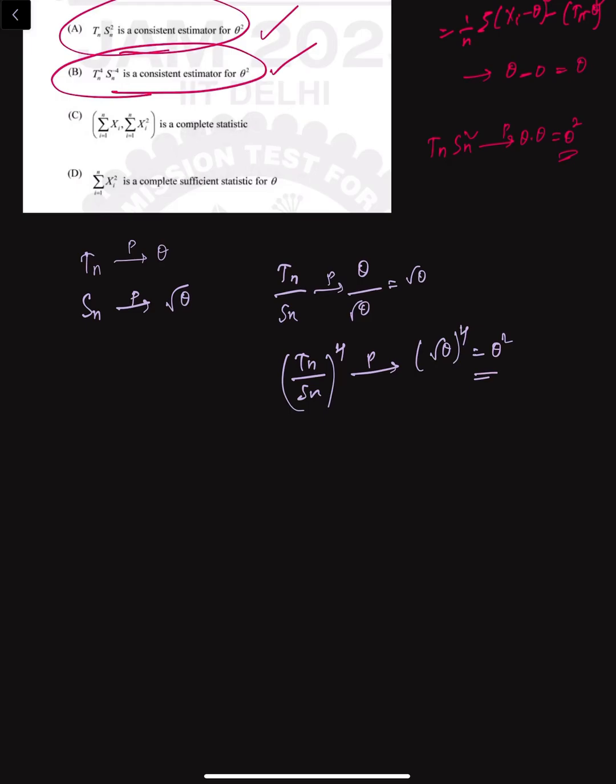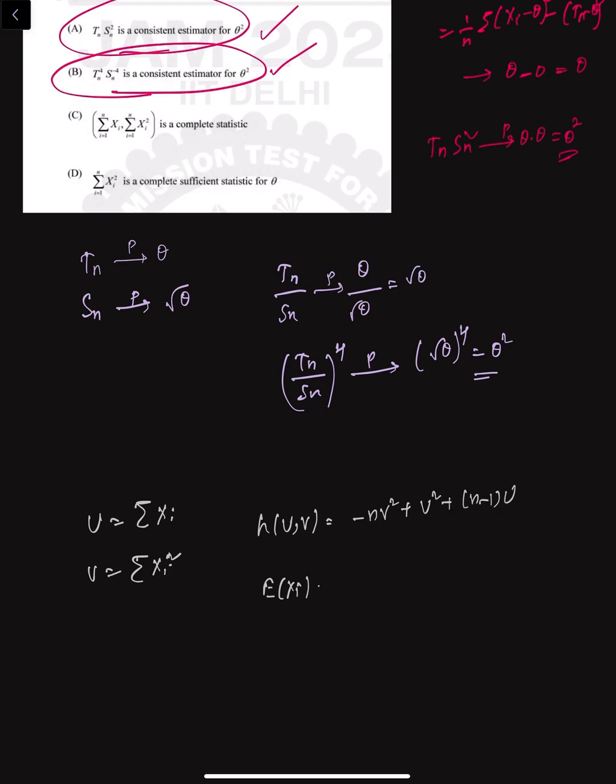Complete statistic. So the joint statistic is sufficient, but we have to check whether it is complete or not. For that, we have to construct a non-zero function of the two sums whose expectation is identically 0 for all theta. So if I consider u as summation xi and v as summation xi square, and consider a function h of u comma v equal to minus n v plus u square plus (n minus 1) u,